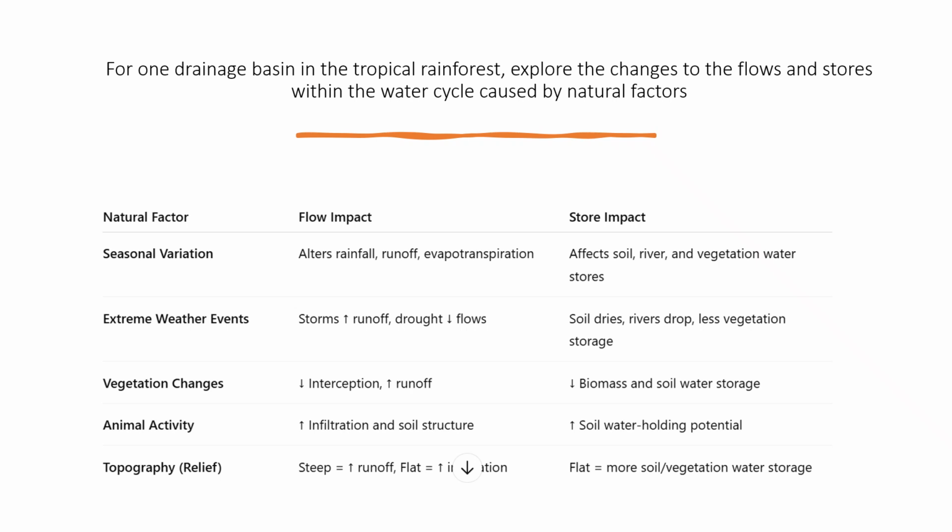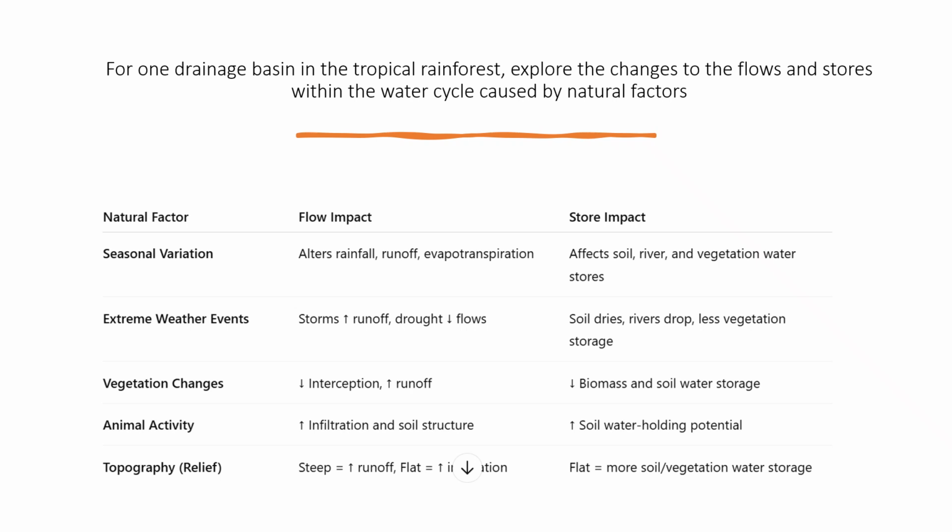Having a little look here at the water cycle, it is affected by natural things. So seasonality. There's not a huge seasonality in tropical areas, but there is some, particularly if you're looking at being between your tropics rather than directly on your equator. You will find that you will get some seasonality associated with the intertropical convergence zone and the wet seasons that will bring. You might get some extreme weather events, particularly as climate change starts to take hold and impact some of these areas. And they will influence